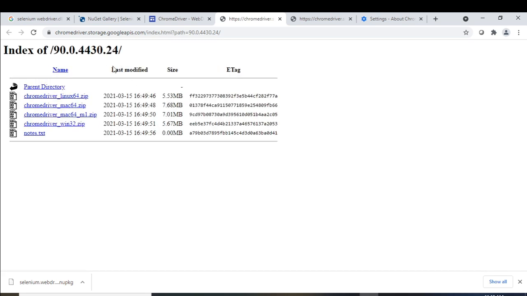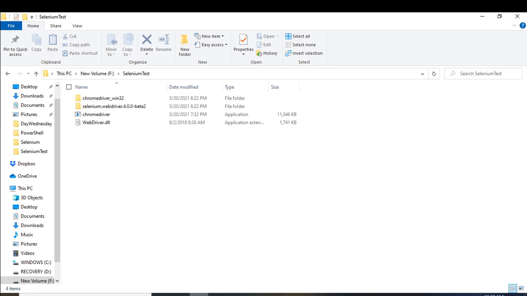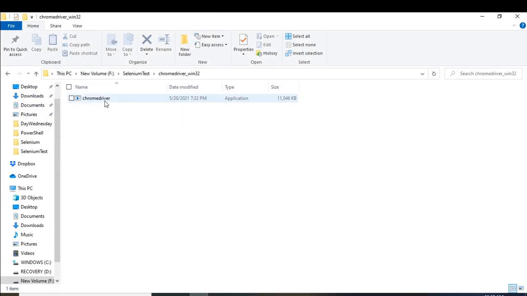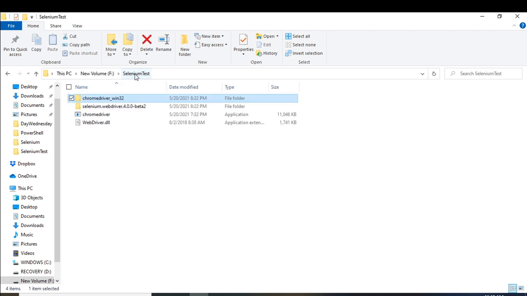So you can see that it has taken you to a place where you can find the Chrome driver as per your operating system. So mine is Windows. Okay, it's not 32, but yeah, I'll be using this one. This will also be a zip file, and once you unzip it, you will get a folder like this, which will contain this driver. Okay, so these are the prerequisites. Otherwise, we will not be able to perform the Chrome automation part.